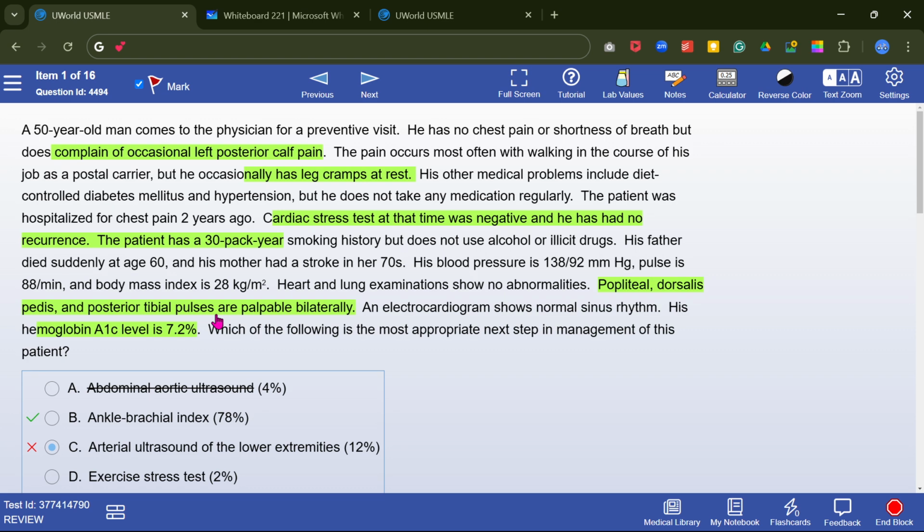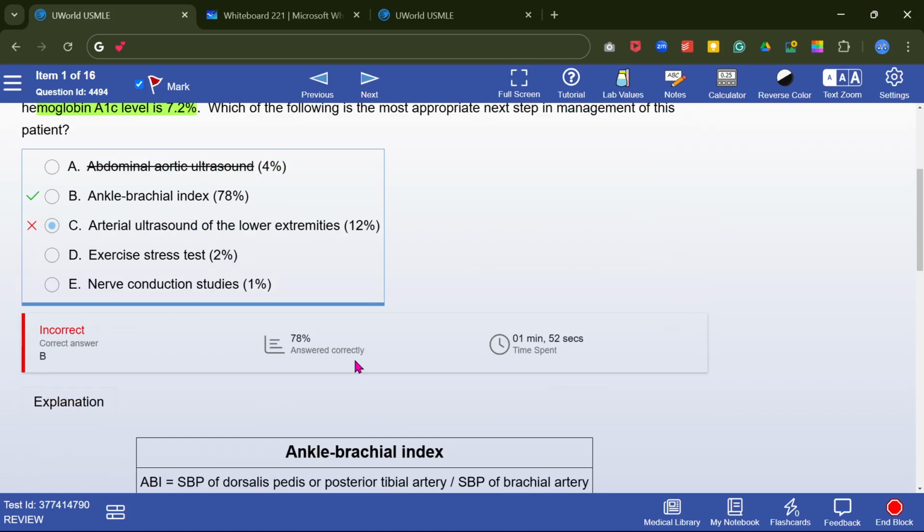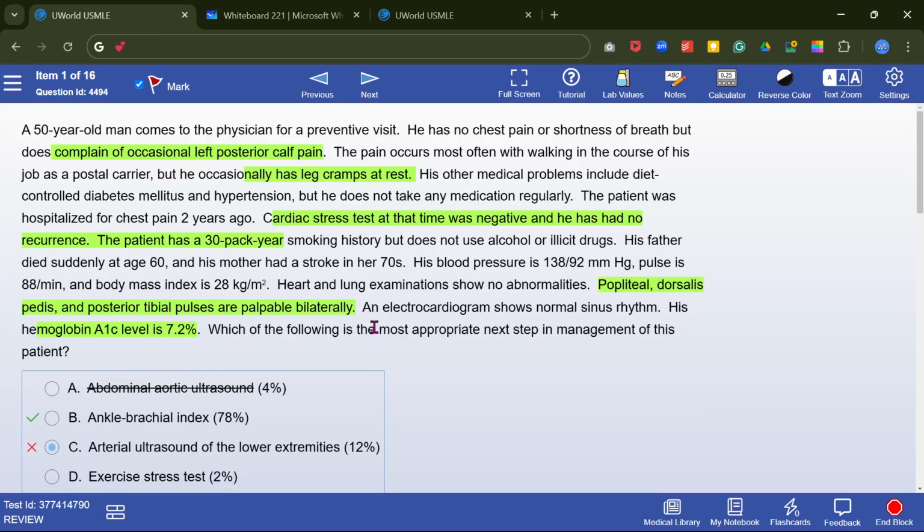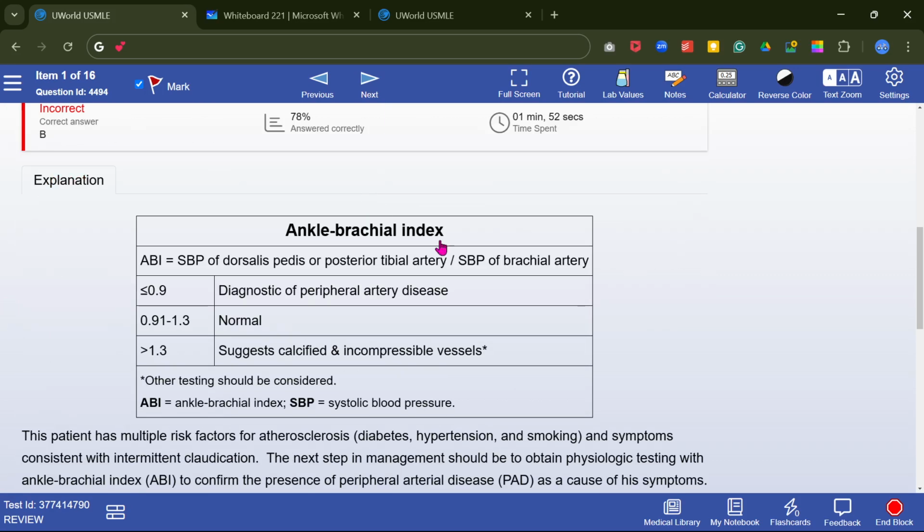If somebody comes with calf pain, and he is a chronic smoker, do the ankle brachial index. Why are we doing the ankle brachial index? To look for peripheral arterial disease. And another thing in this question, they are talking about claudication type of pain, like he occasionally has leg cramps at rest. So the ankle brachial index is the systolic blood pressure of the arteria dorsalis pedis or posterior tibial artery